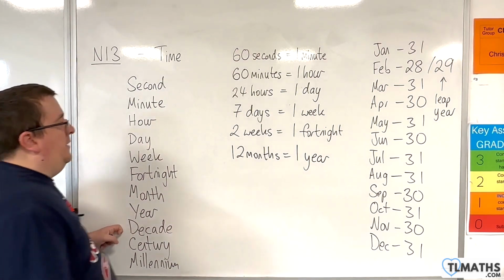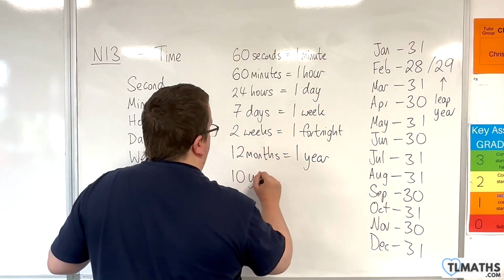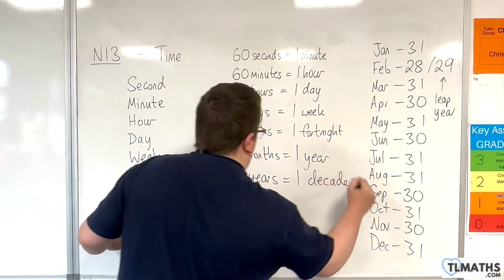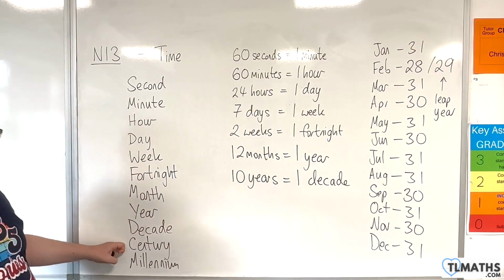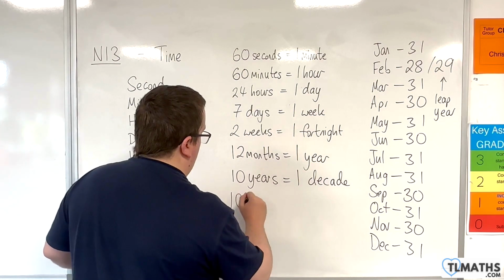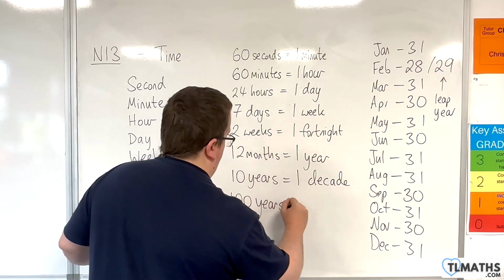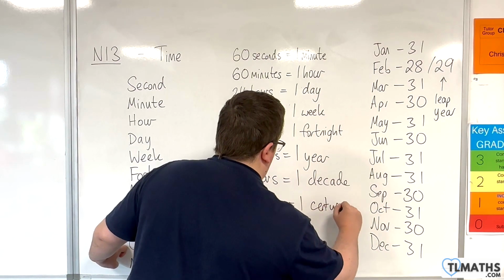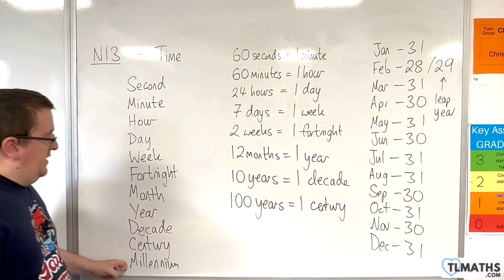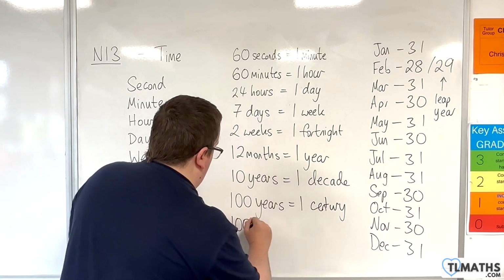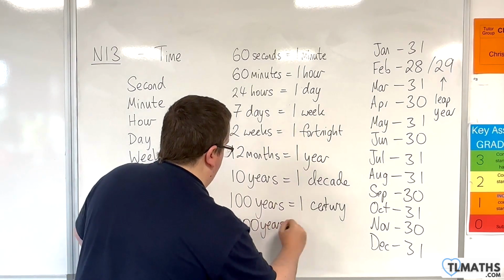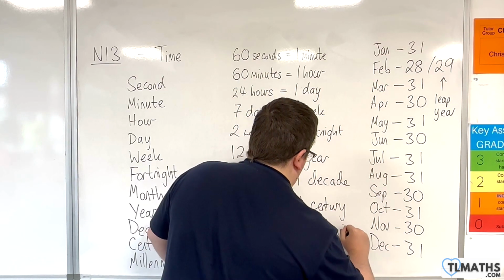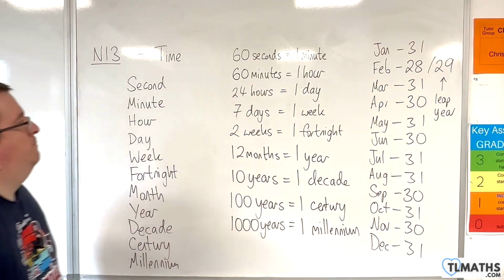There are 10 years in a decade. There are 100 years in a century. And there's 1,000 years in a millennium. Okay, so